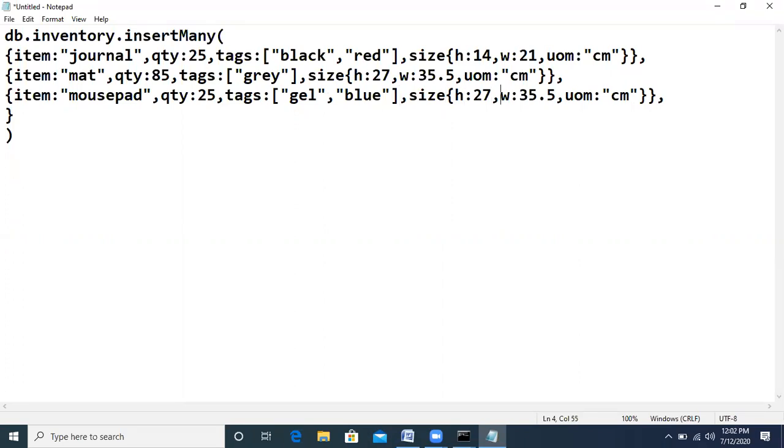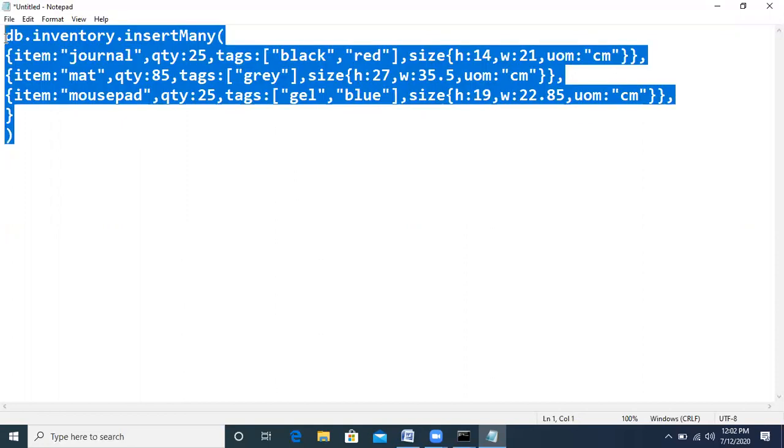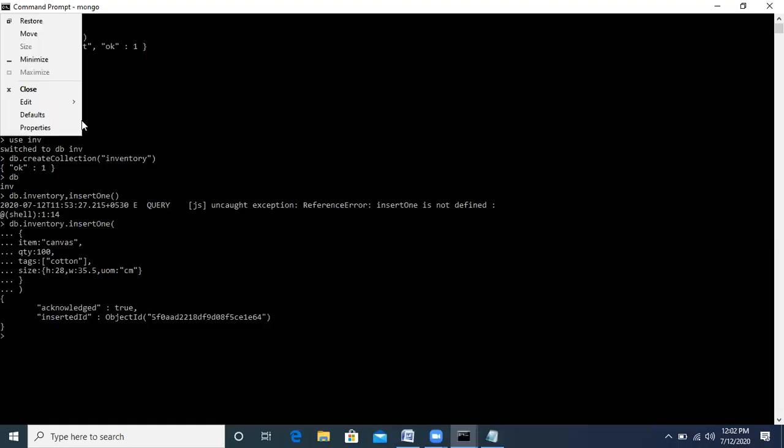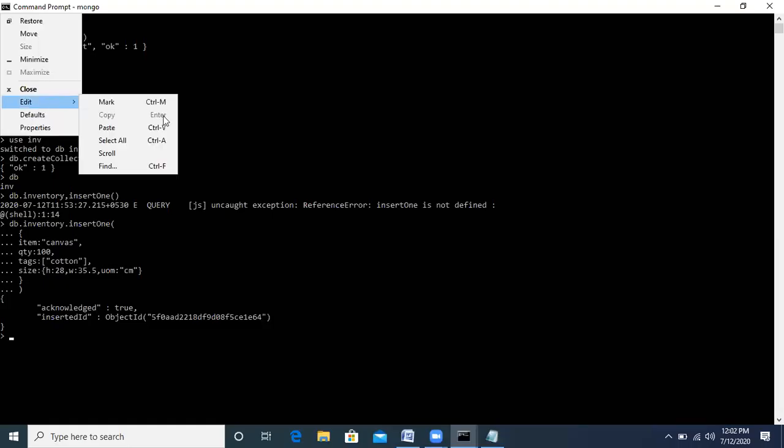Height for this is 19, and then width for this is 22.85. Then let us keep this the same. Now copy from here and paste it over here in the command shell prompt.